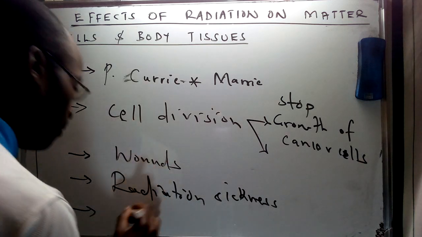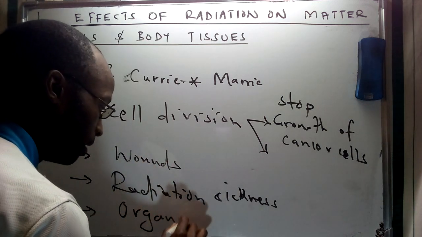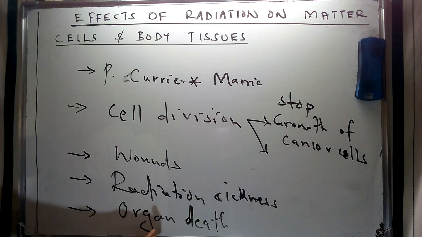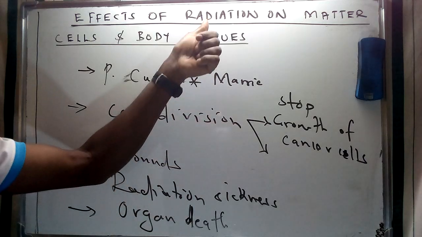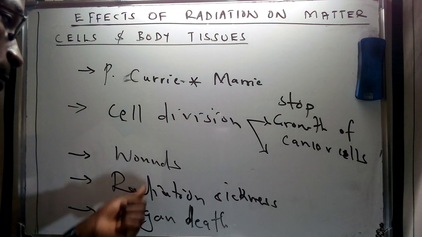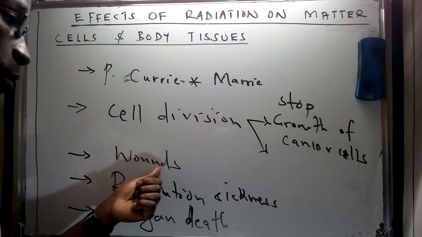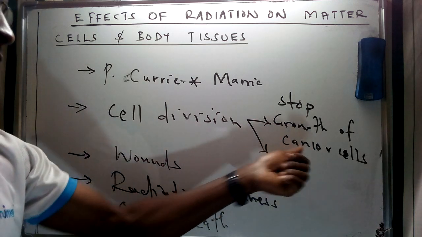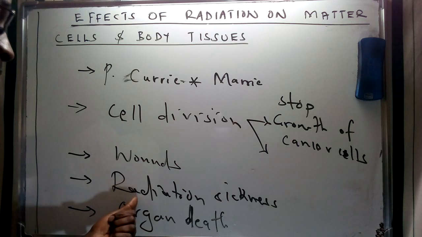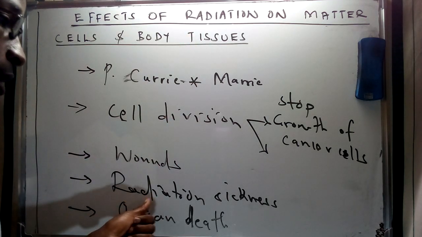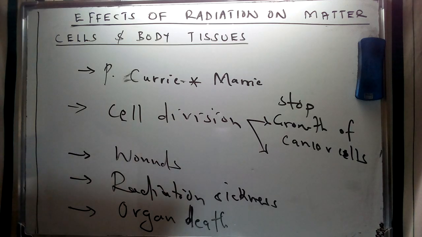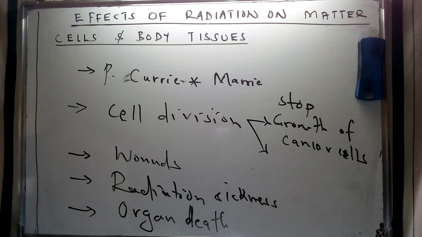And of course, this is eventually going to lead to the concept of organ death. Now, in our discussion on cell specialization, we said that we have tissues and organs. So the interaction between the radiations and the body is going to result, apart from causing wounds which are difficult to heal and lead to cancerous cells, or rather the condition of cancer in our body, in what we refer to as radiation sickness, and also organ death, as we're going to see later, especially in the interaction between radiations and the body.